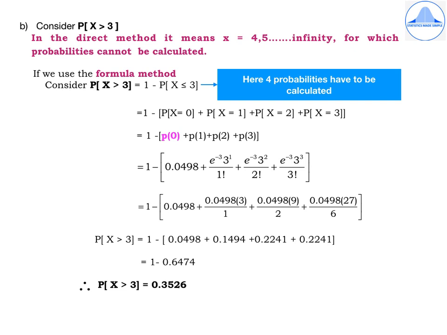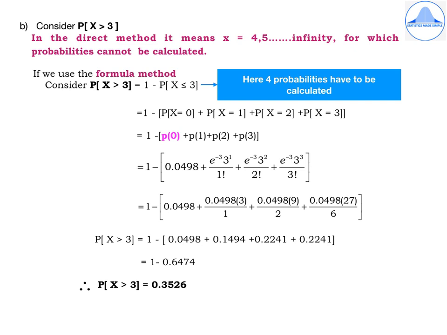You have to put X equal to 1, 2 and 3 respectively in the p.m.f. So you will get plus e to the power minus 3, 3 to the power 1 by 1 factorial plus e to the power minus 3, 3 squared by 2 factorial